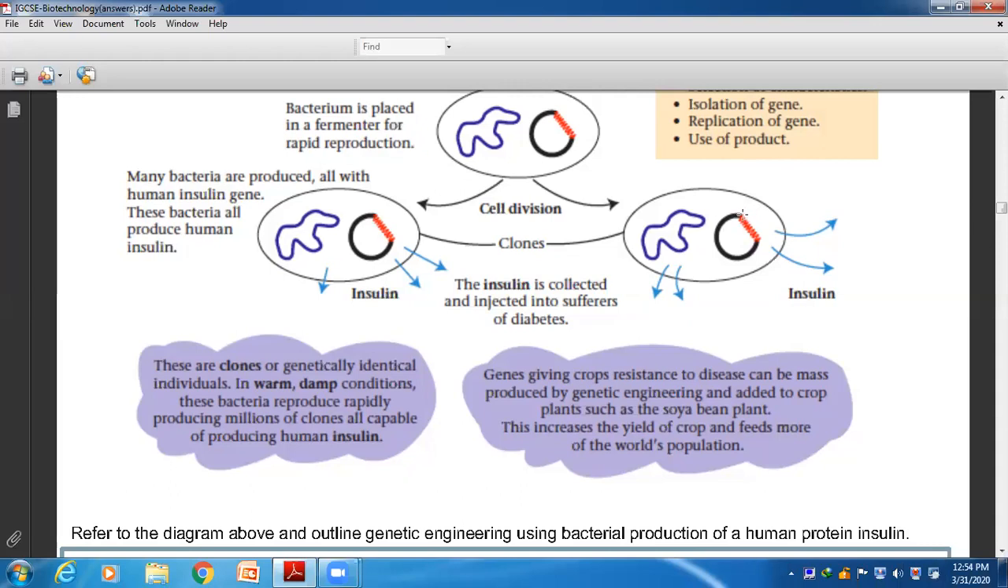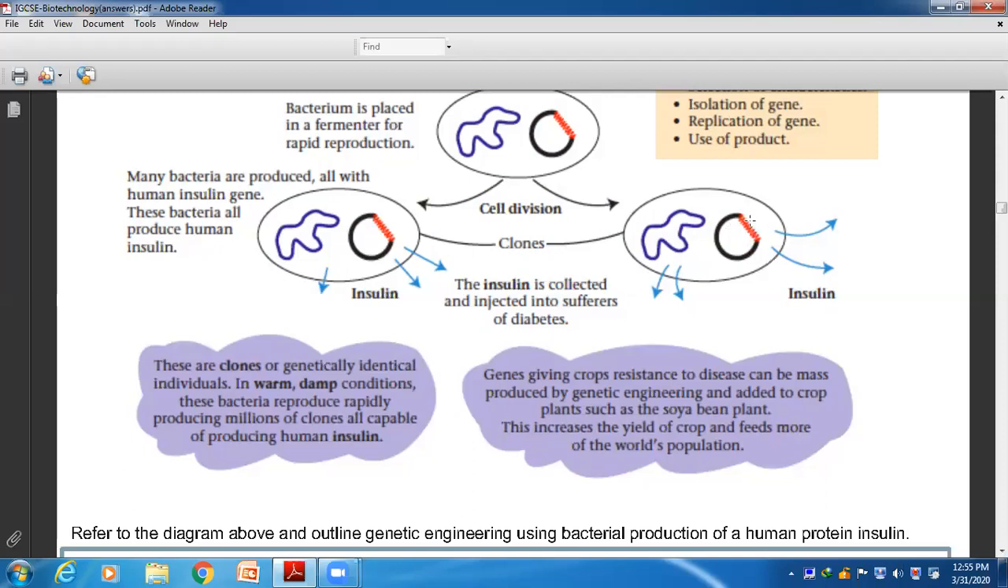So at that time, my gene of interest, that is insulin, will also start replicating, and in every bacterium there will be insulin. If every bacterium has the insulin gene, it means in every bacterium there will be production of insulin. So my gene of interest, insulin, will express in that, and by different industrial processes, I will isolate this insulin